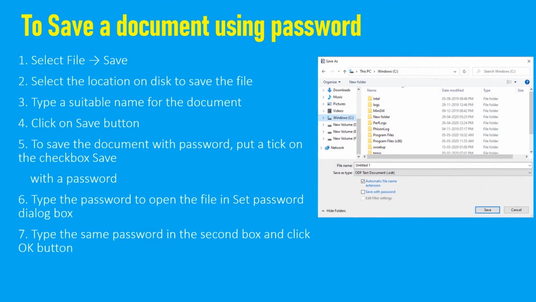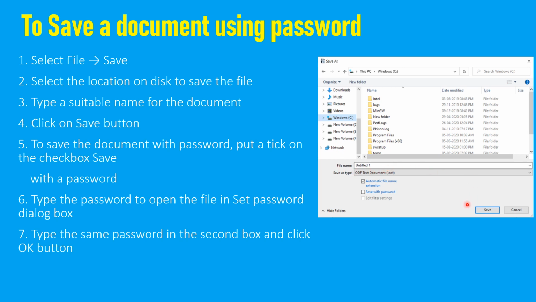Next is to save a document using a password. It means if you want to implement a password on a file, then there are such options. First, again select the file menu, then click on the save option. A save as dialog box will appear just like this. Then select the location where you want to save the file, and specify the file name.